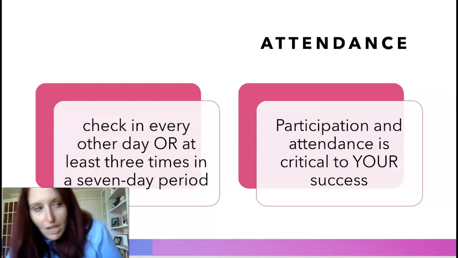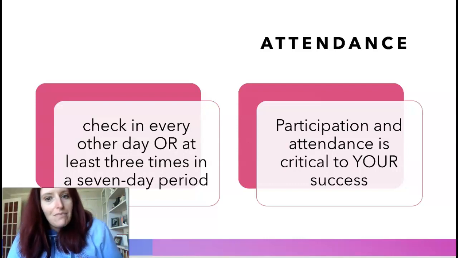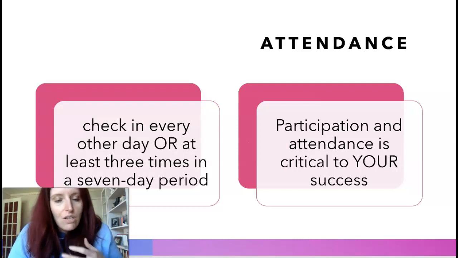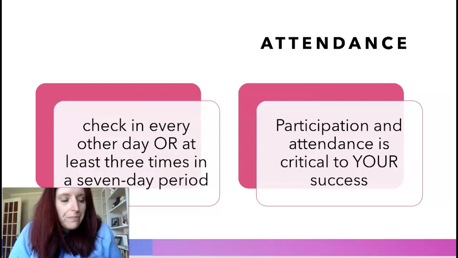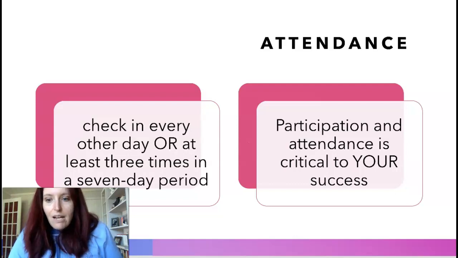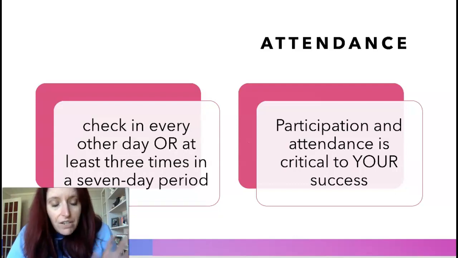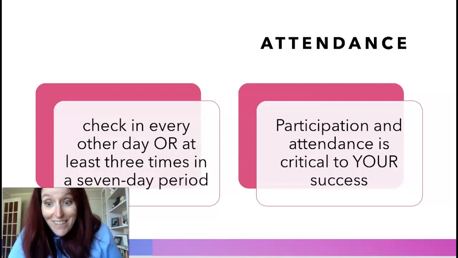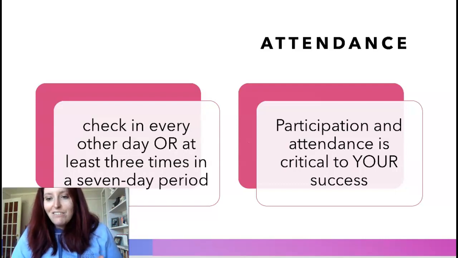with Canvas, because it's important to stay abreast. I'll be sending messages. You get to pace yourself and schedule your week around the stuff that you find in Canvas. But also important to note, I can see how active you are in the class.